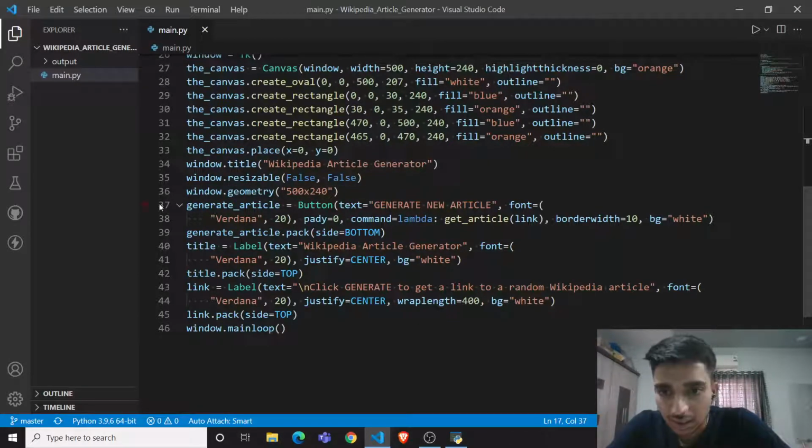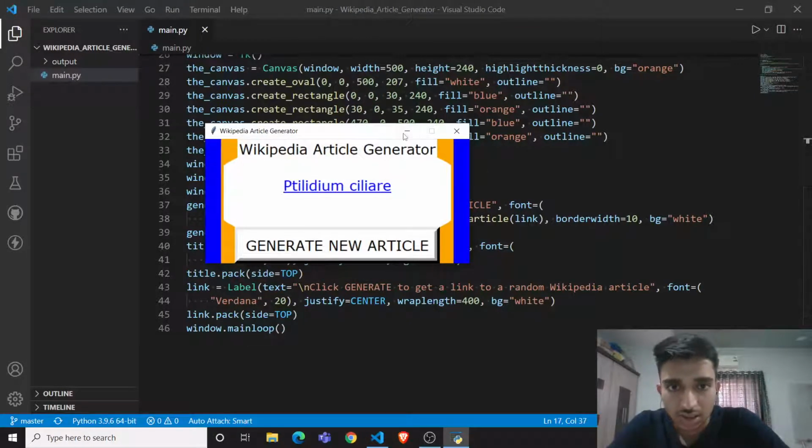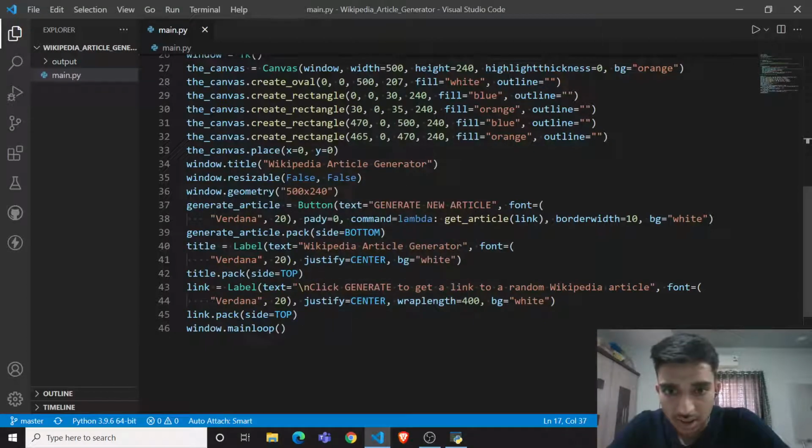And then, through the button widget, if a user clicks on this generate new article button, there are some styles given, and it is stored in the generate article variable.